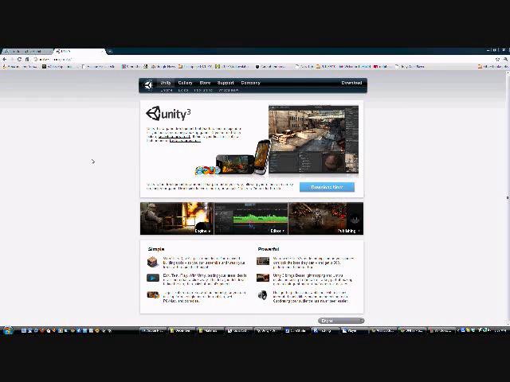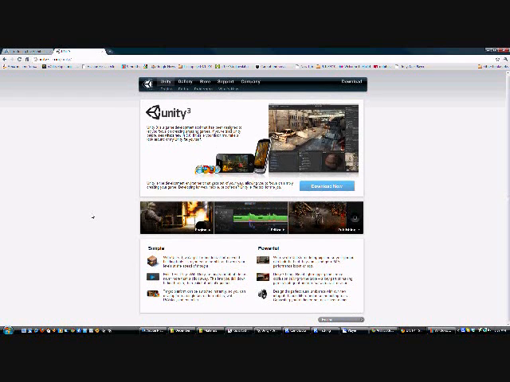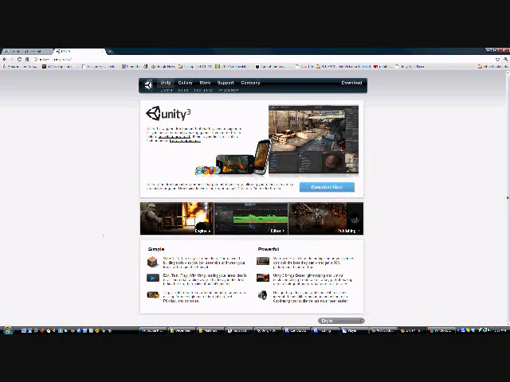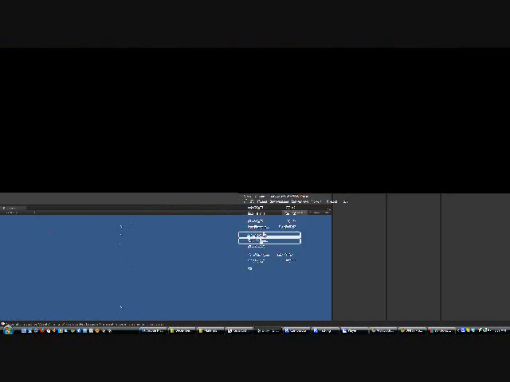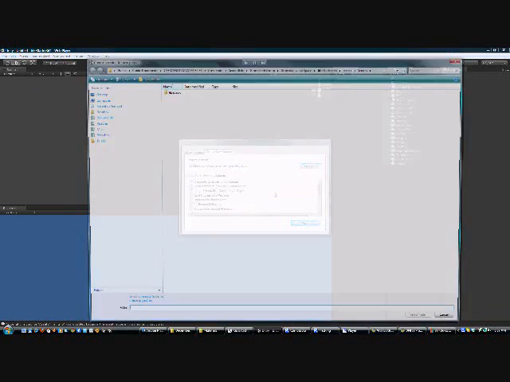So the first thing you're going to want to do is go to unity3d.com if you haven't already, and click on Unity and then download now. And that will enable you to download the free application. And there's a pro version, I think that's $1,500 or something like that, but you actually don't need that. You can just use the free version to do everything that we're going to do today, and it's still very powerful. Then once you have it downloaded, go ahead and open it up and create a new project, and specify